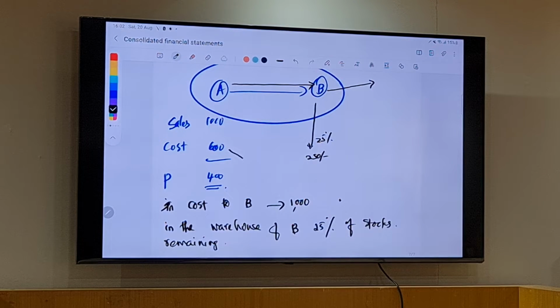So the 25% of this, am I right? So that is 150. So there has been an overcharge. This is like an additional profit that has been built in here. This we call it